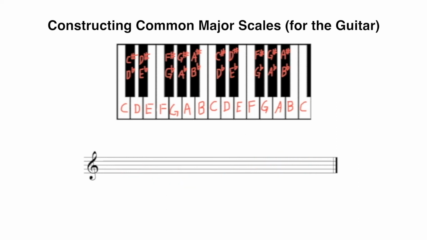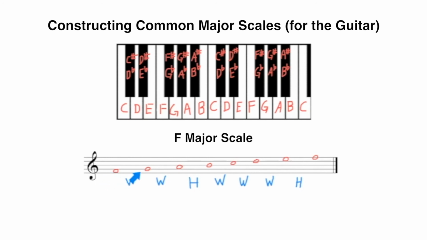The final major scale that we'll look at in this lesson is the F major scale, and we'll start by notating a diatonic scale on F. So here we have one of every letter, F, G, A, B, C, D, and E, and we cap it off with another F. Next, we'll follow the whole, whole, half, whole, whole, whole, half pattern.